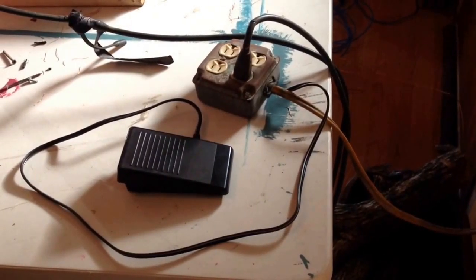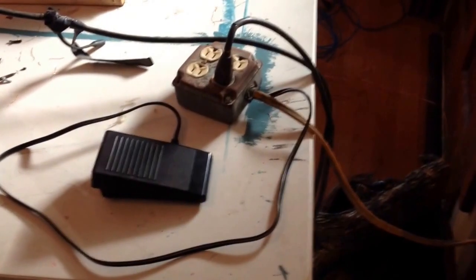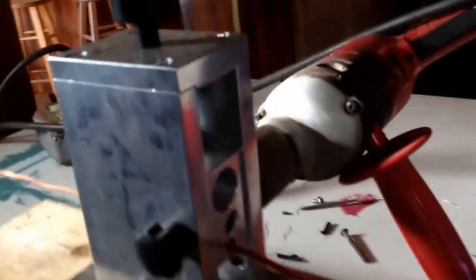Okay, here it is, a simple $5 sewing machine pedal wired into an extension cord box used to run the old Stripmeister. Plug your drill or anything else that you want to be able to have a momentary switch on in. And then